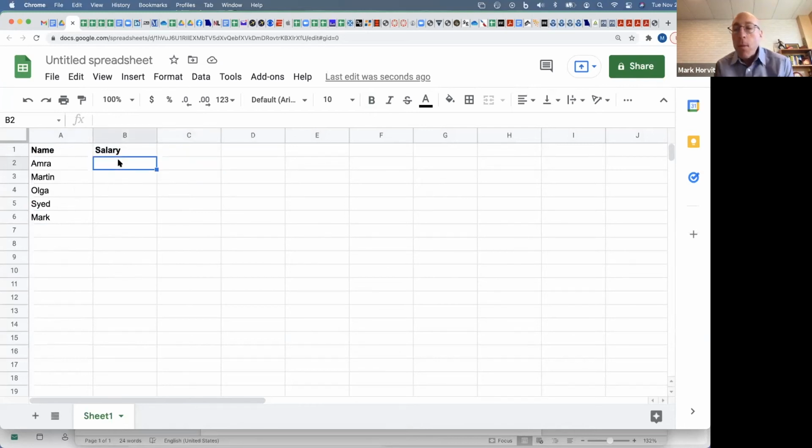Now we're going to give them all salaries. A very important thing to note, when you type numbers in, don't type commas, don't type dollar signs, none of that. You need decimal points if you need them. Sometimes spreadsheet software has problems with that, and we can add that on if we need to. So no commas, no nothing. So Amra's going to make 110,000 of whatever kind of money we're using. So if you could just type in 110,000,